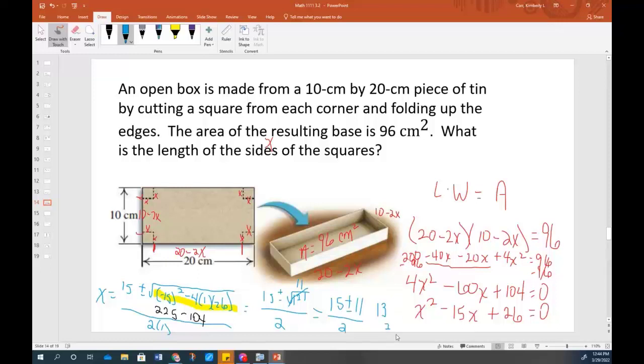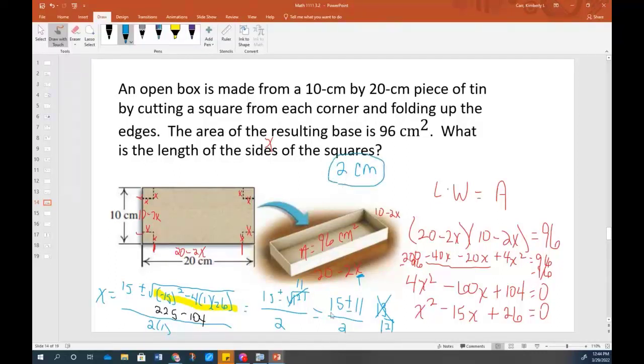So it seems like I have 2 possibilities, but one of those is not going to work. And it's this top one, because 13 does not check. If I plugged a 13 in right here for x, then I would end up with a negative side length, and that's not possible. So in this case, the only one that's possible for me to use is 2. So the side of the square is 2